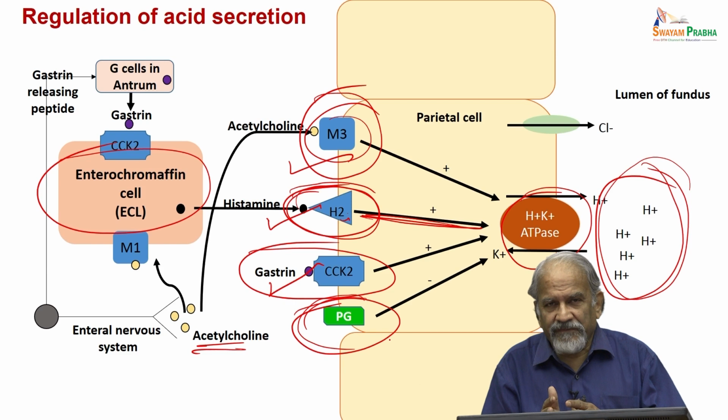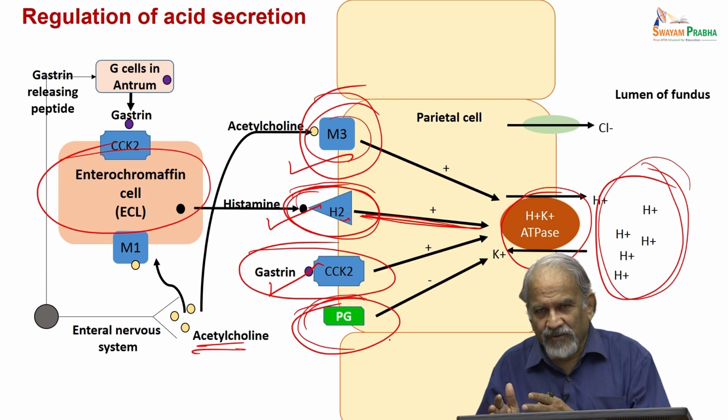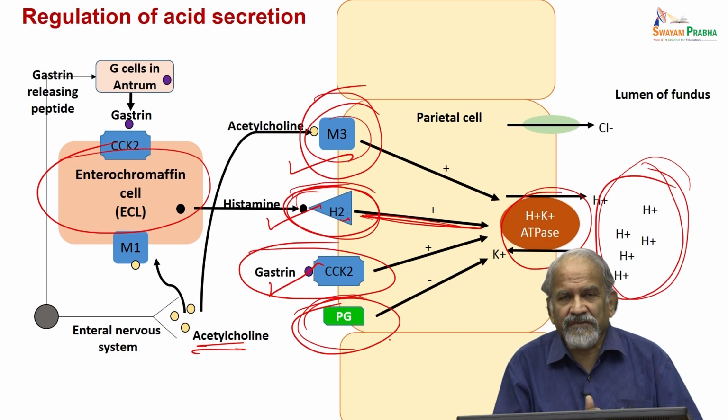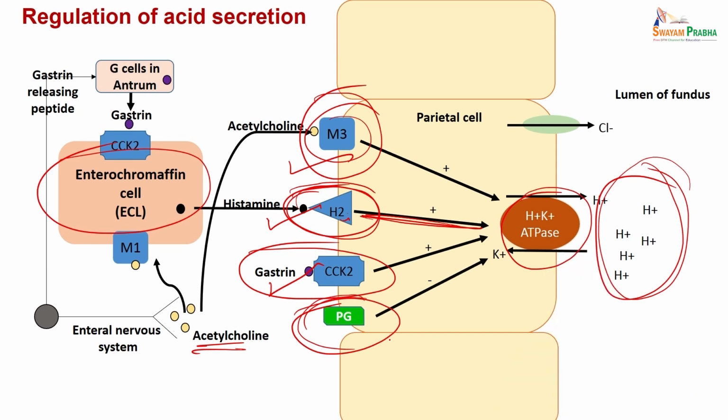Third, you give the proton pump inhibitors, and fourthly, you give antacids which will neutralize the released acid, and fifth, you give prostaglandins. Prostaglandins are primarily reserved because of the side effect and because of the cost for only those cases where prostaglandin inhibition is a major cause, that is in non-steroidal anti-inflammatory drugs induced peptic ulcer. Now, if you just see this diagram, the ultimate approach is the hydrogen potassium pump, which